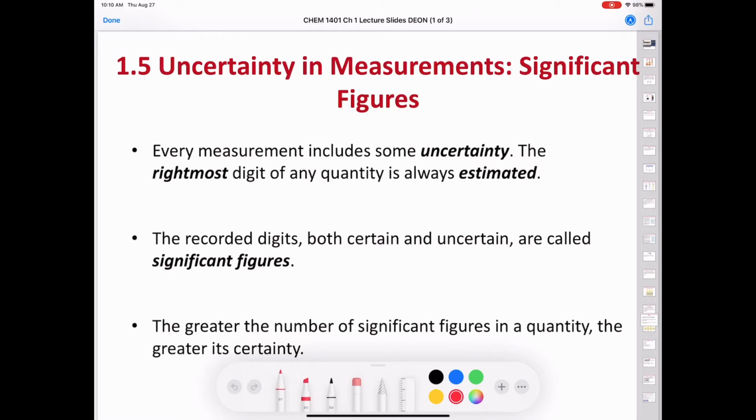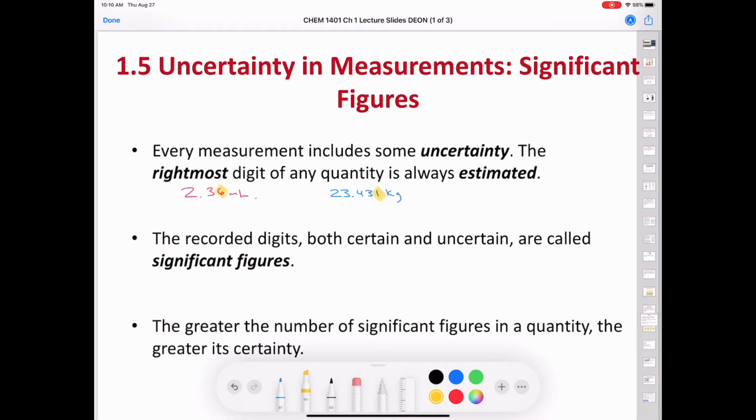So let's say we had a number like 2.36 milliliters. We can make the assumption that the rightmost digit, the digit farthest to the right, is an estimated digit. Let's try another example. Let's say we were measuring something that weighed 23.431 kilograms. The rightmost digit here is the number 1, and so again we would assume that that is the estimated digit. When we write down a measurement, the recorded digits, both certain and uncertain, are called significant